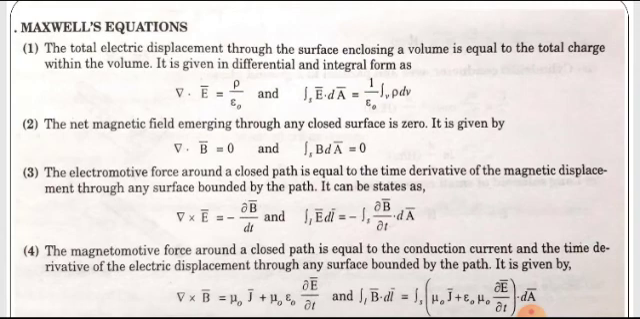Two more equations we will see. One is regarding the electromotive force and the next is regarding the magnetomotive force. The EMF around a closed path is equal to the time derivative of the magnetic displacement through any surface bounded by the path, and it comes from Faraday's law. So, del cross E is equal to minus dou B by dou t, that is the rate of change of magnetic flux linkages, and it is equal to the EMF induced. Its integral form is line integral E dot dl equal to minus surface integral dou B by dou t dot dA,